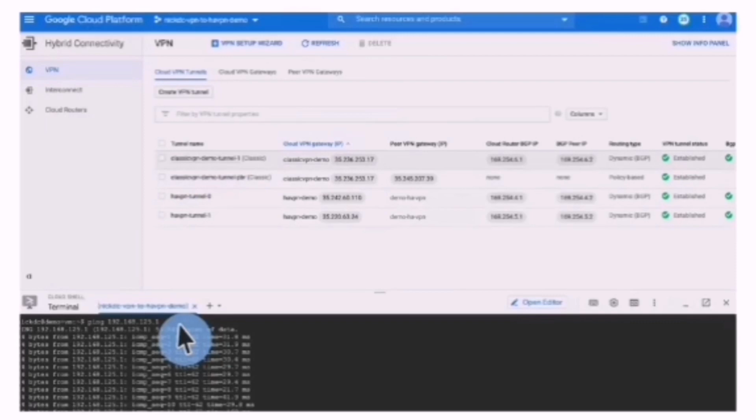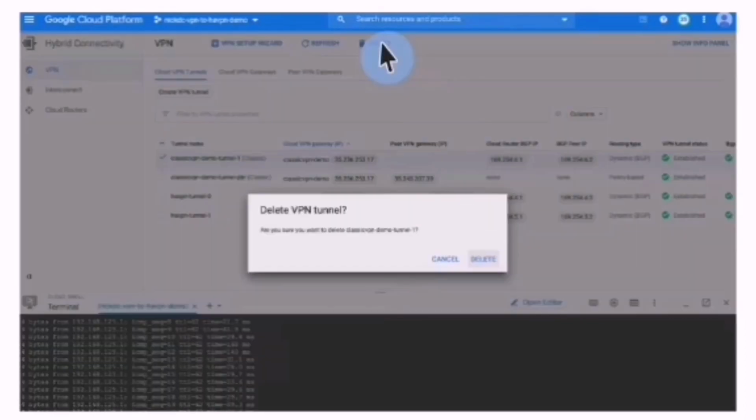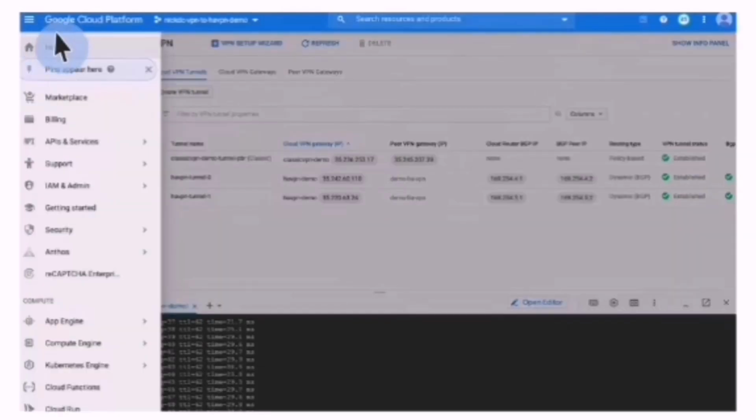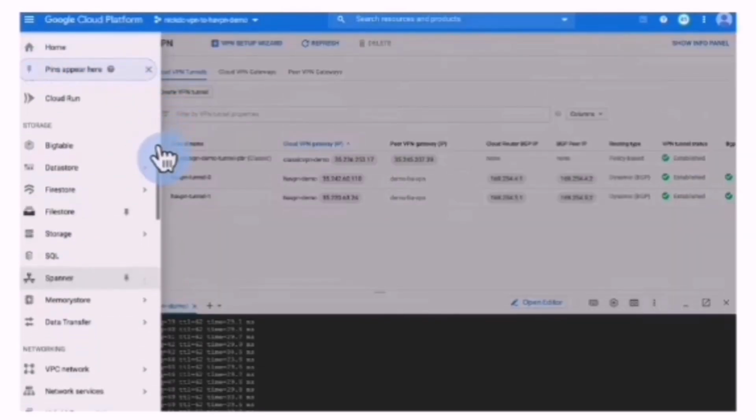If I select the existing classic VPN tunnel, I can safely delete it now. Click delete. Are you sure we want to delete this tunnel? Click delete. Now, since the traffic is safely going across the HAVPN tunnel pair, deleting the tunnel will have no effect on my traffic. So if I return to the VPC Networks tab,